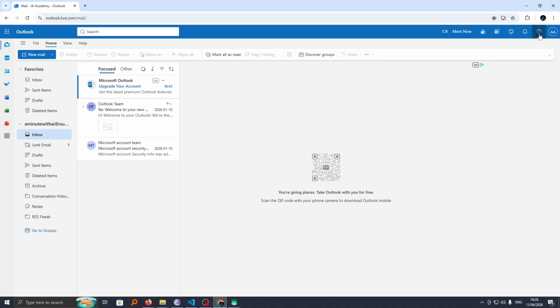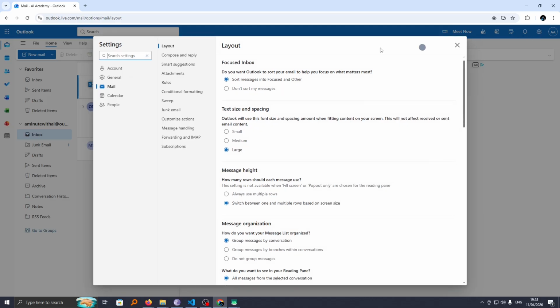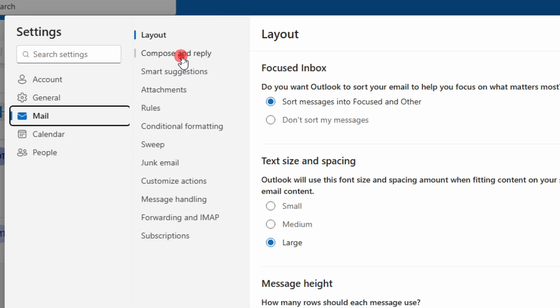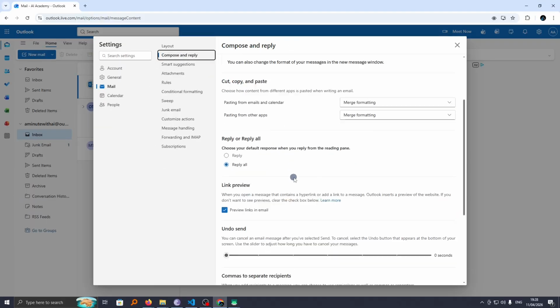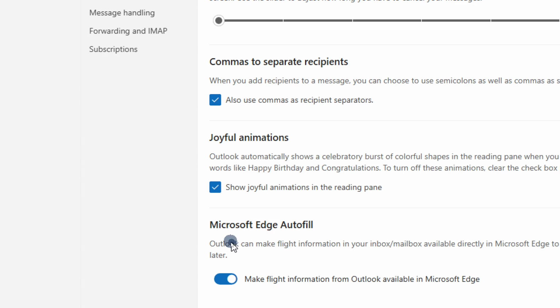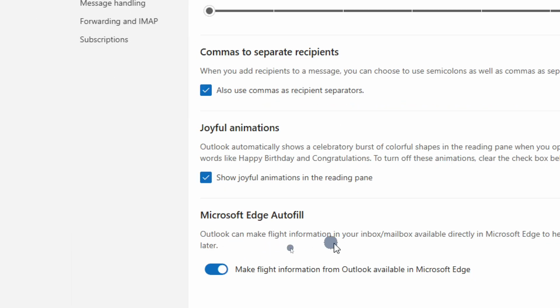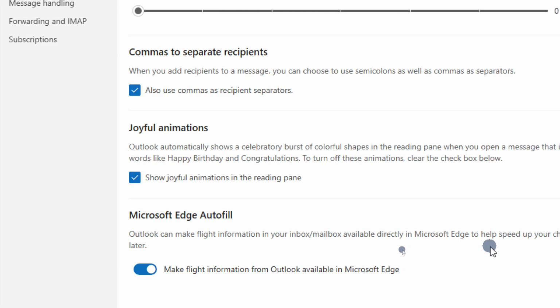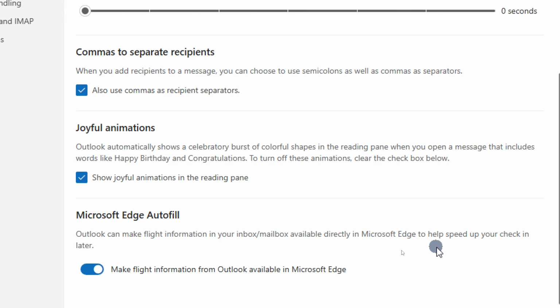So the first thing you need to do is to log into your Outlook account and then go to Settings. Under Settings, choose Mail and then Compose and Reply Mail option. Scroll down to the last option where you can see Microsoft Edge Autofill. And here it says Outlook can make flight information in your inbox or mailbox available directly in Microsoft Edge to help